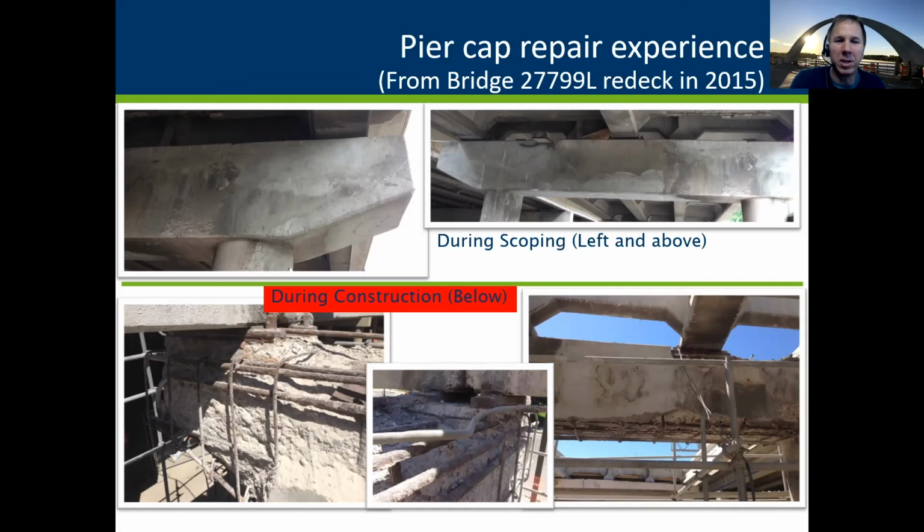And during construction, in the below 2 pictures, we recognized when they started chipping on this that all that previous shotcrete kind of fell off. There was a lot of new corrosion, and it just wasn't suitable for saving. So we ended up replacing that pier cap by change order. And it really initiated our thoughts on the need for shoring and better scoping after this 2015 redeck. So we are making better attempts now to understand pier cap strength and when we need shoring.